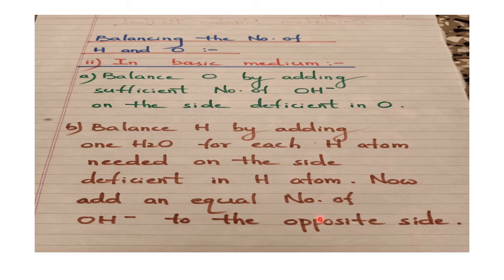So in this way, we will balance the redox reactions by two methods, namely oxidation number method and the half reaction method, keeping in mind these 2 points. Okay, so in our next class we will take redox reaction examples and balance them. Till now, have a nice time and thank you all.